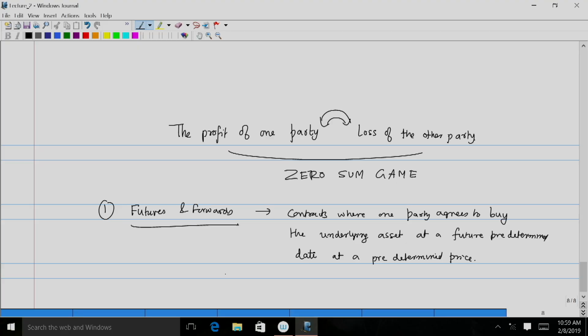So, here essentially it means that at some point you agree upon a supply arrangement where the transaction will actually take place at a future time point which is predetermined, at a price which is also predetermined. So, it is right now that you make the deal, but the deal is executed and the money is actually exchanged at some future time point. And it is a legally binding contract, so let me just talk about the differences